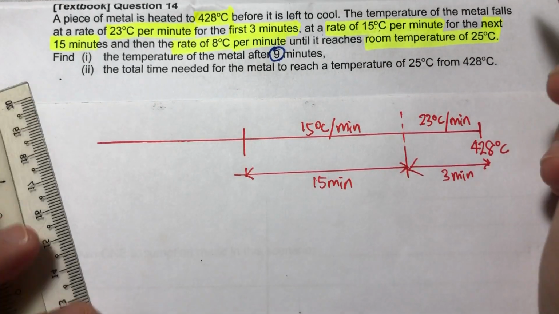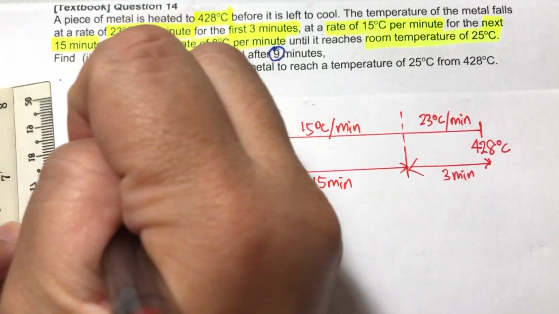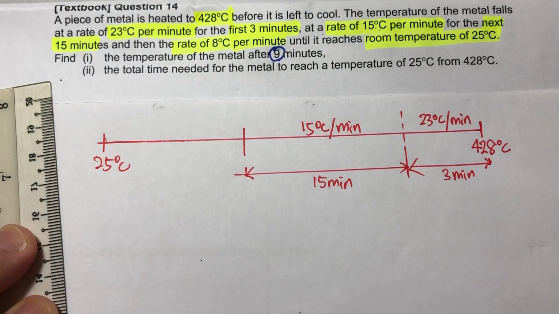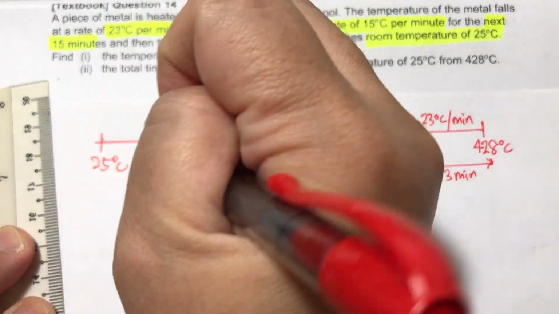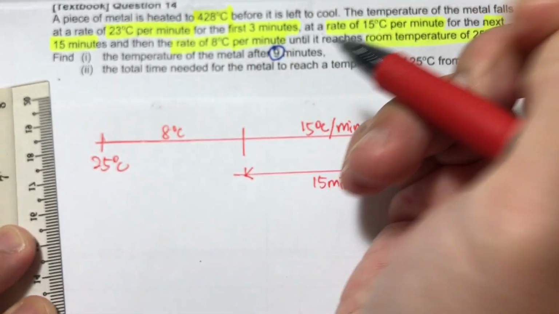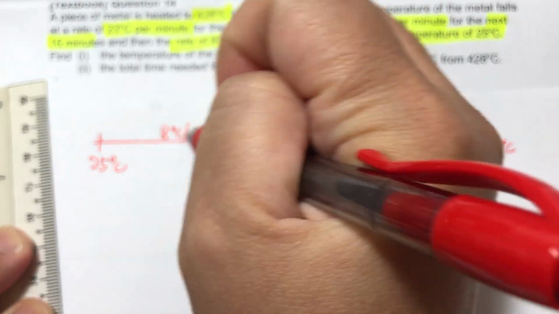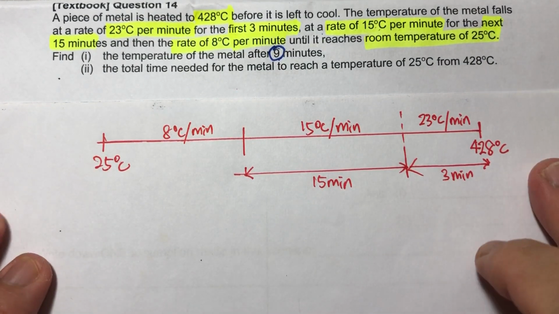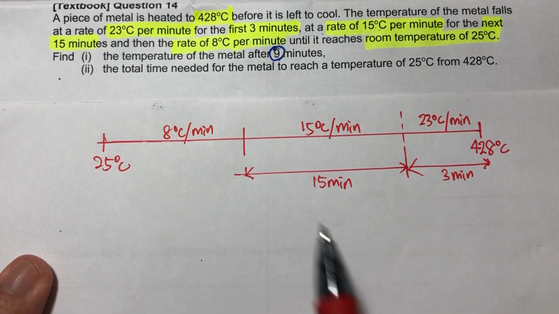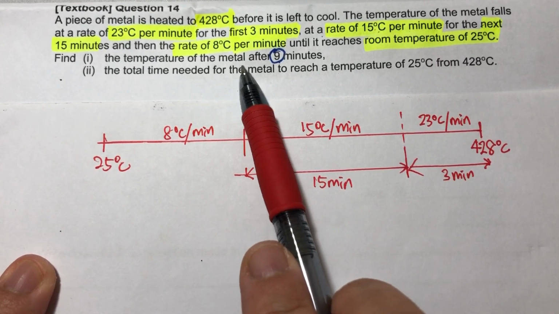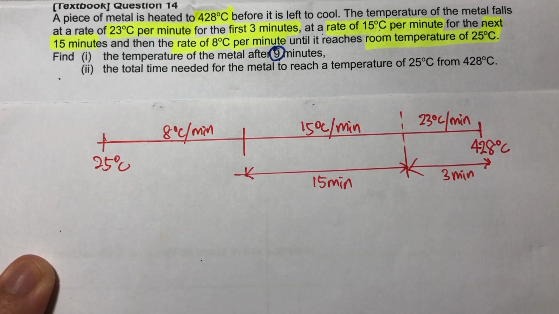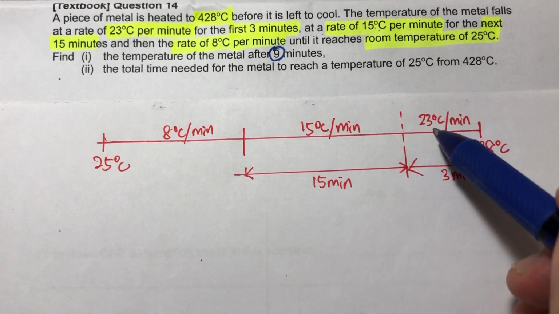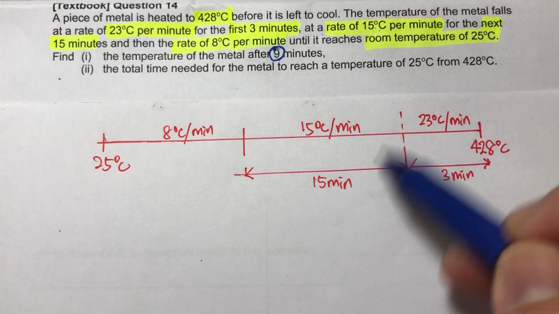And eventually it reaches the room temperature, which is 25 degrees Celsius, at the rate of 8 degrees per minute. So we have gotten all the information represented here. Now, to find out the temperature of the metal after 9 minutes, we refer to the diagram here. So for 3 minutes, it's going to cool down at this rate, and for the remaining 6 minutes, it will